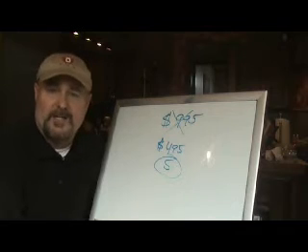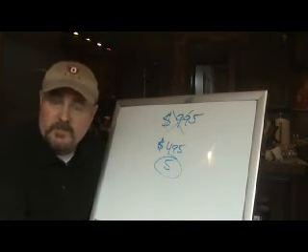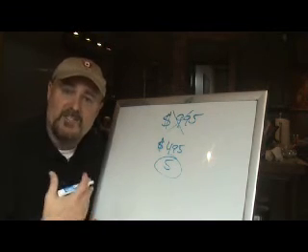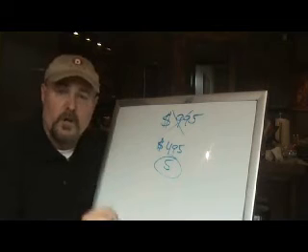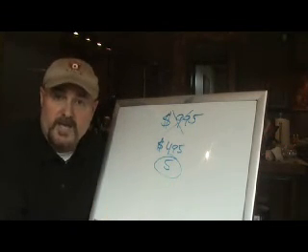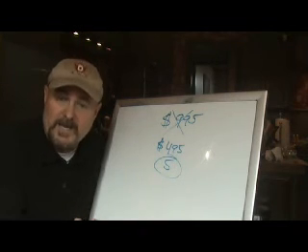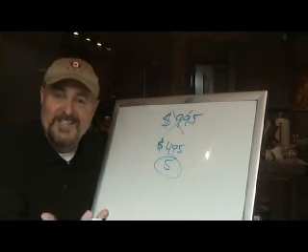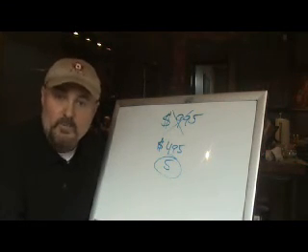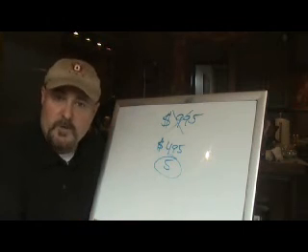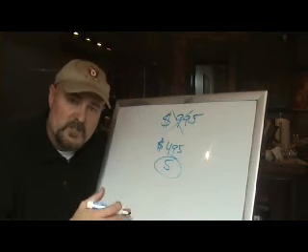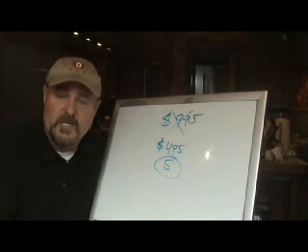Now, Robert, what exactly am I going to get for that? Well, number 1, you're going to reveal to me what program you're in, any websites, any literature that you have, and I'm going to act as if I'm you. If I were in your program, how would I apply this 3-step process of building your downline to this business? I will basically morph into you for the next 30 days and put myself in your shoes and create what kind of website you need, what kind of email letters you need, phone scripts, postcards, everything that applies to these 3 steps. You'll have information as far as what you need to do to implement these 3 steps for your business.